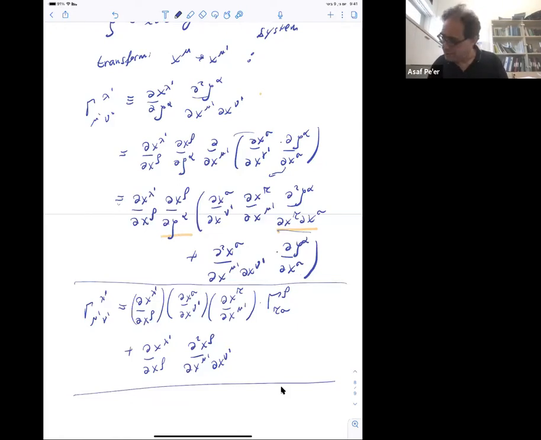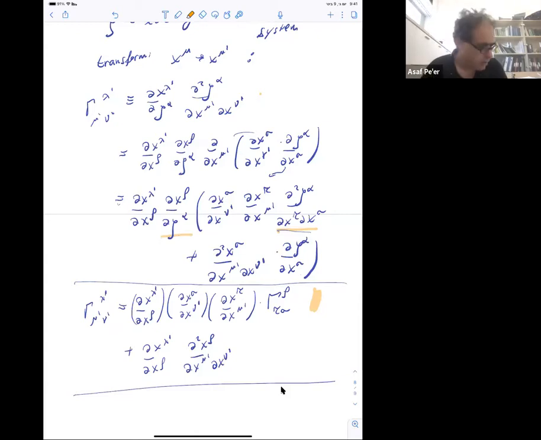So again, this first term is what we would have gotten had the affine connection been a tensor. But we also have the second term, which we cannot ignore, which is what makes it not a tensor. But of course, this can give us some cunning idea of how to help us resolve this problem that we had with